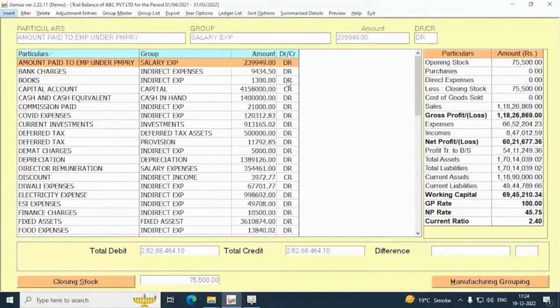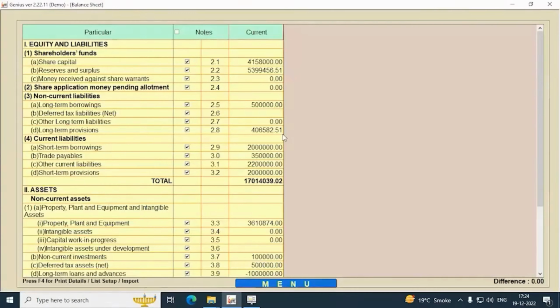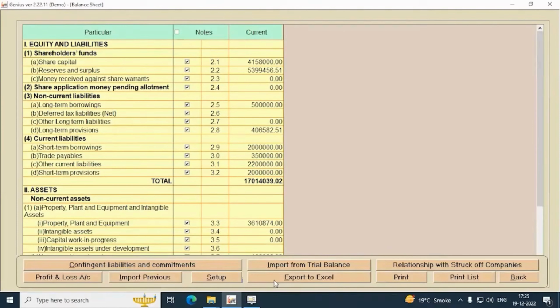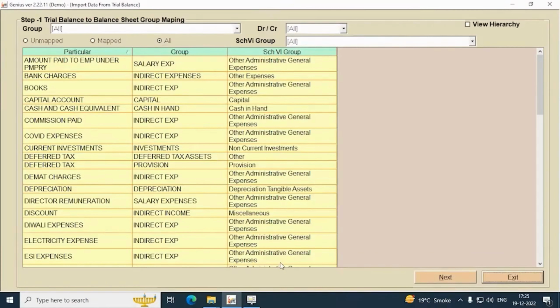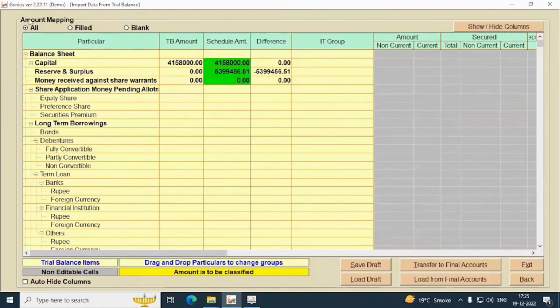If you want to use the same data for the balance sheet, you can just go to balance sheet and then click on the menu button. There is an option of import from trial balance. You can click on that. After that, data will appear with the options mapped, unmapped and all. Select all and click on the next tab. When we click on the next tab, then amount mapping will appear with filled and blank.